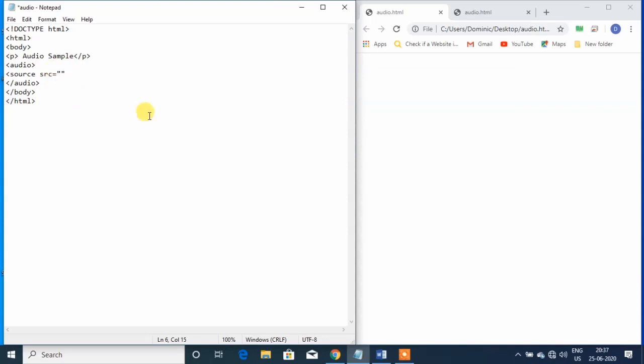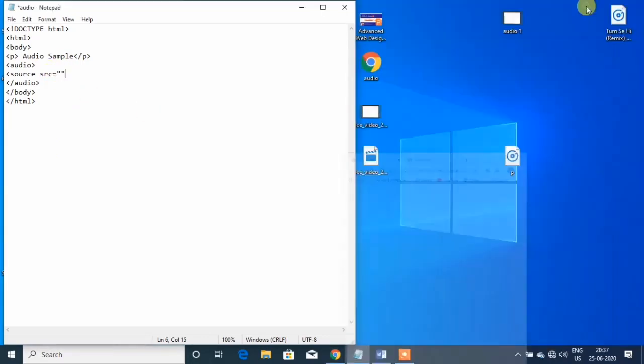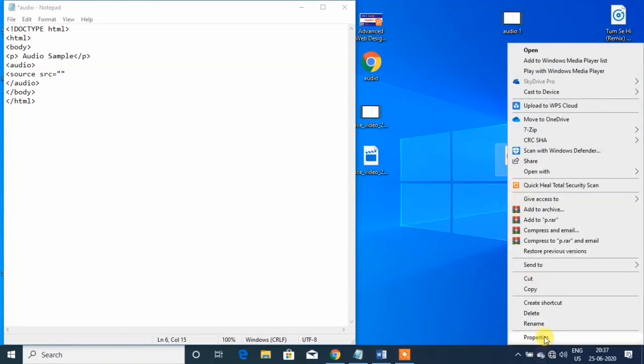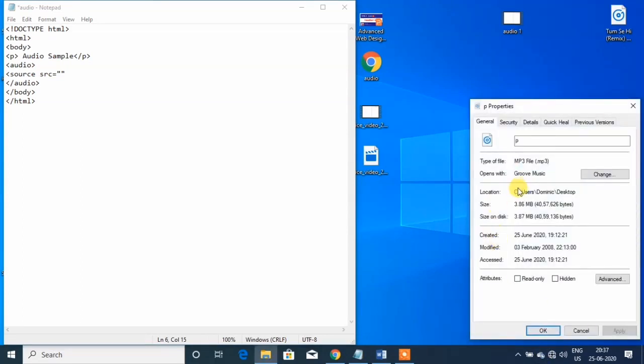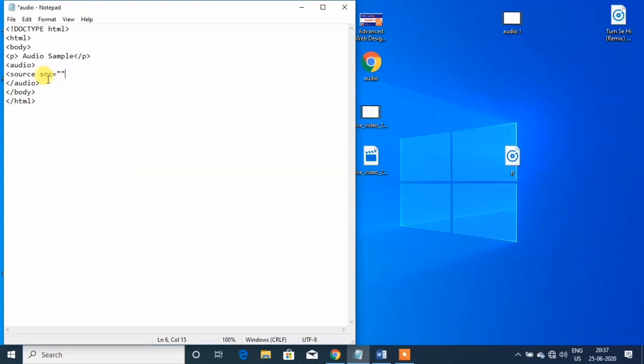Now I am inserting the audio file path. Find out where you have kept your audio file on your computer. If it is kept on the desktop, then go to the desktop, right click on the audio file, click on properties and take the path. If both the files are in the same place, there is no need to take the path. You can just copy the audio file name, like this, how I am copying and pasting over here.